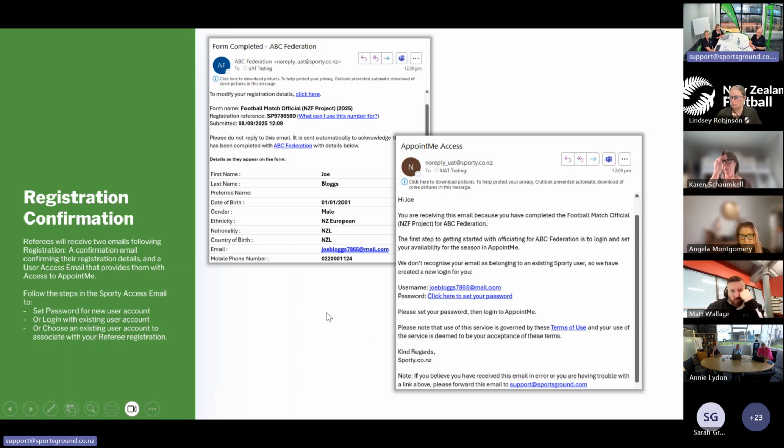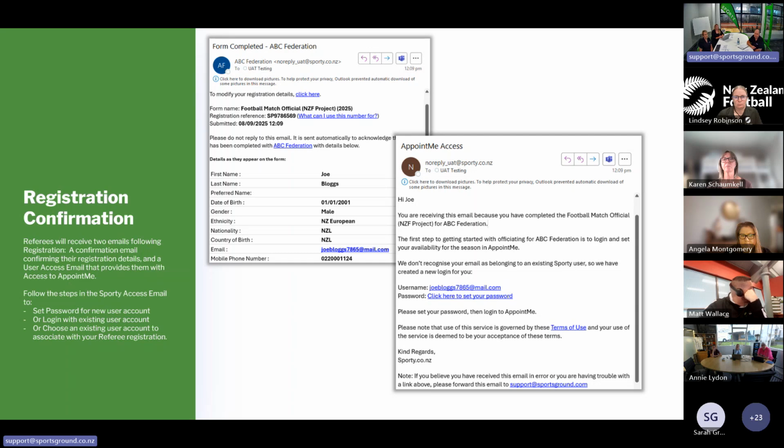Yep. So just to confirm, these emails get automatically generated whenever a referee renews their registration. So when they register for the first time in Sporty for 2026, they will automatically receive a confirmation of registration email and an access email.